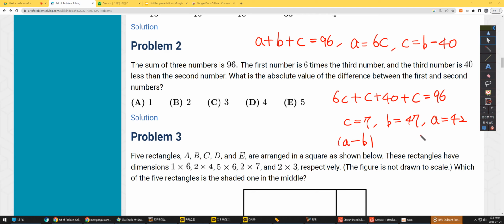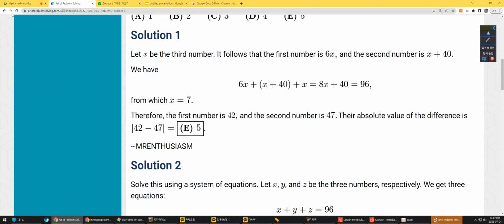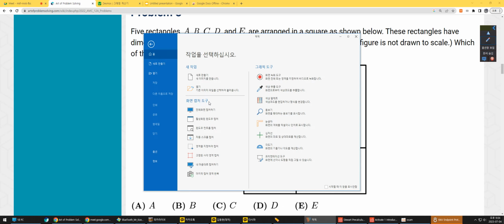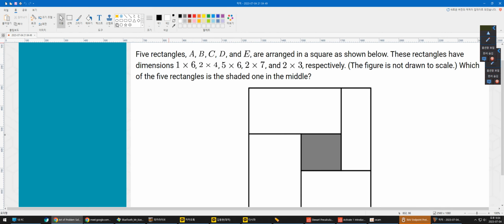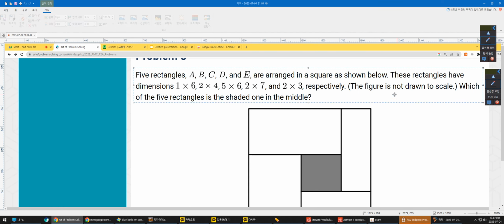Four, five, five, yep. Confidence. It's the screen's too wide here, so